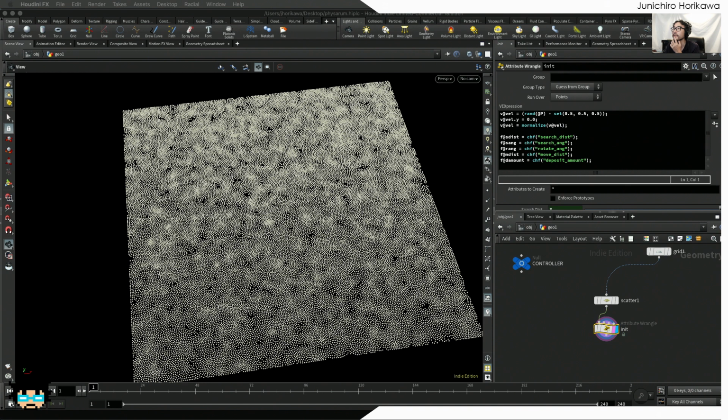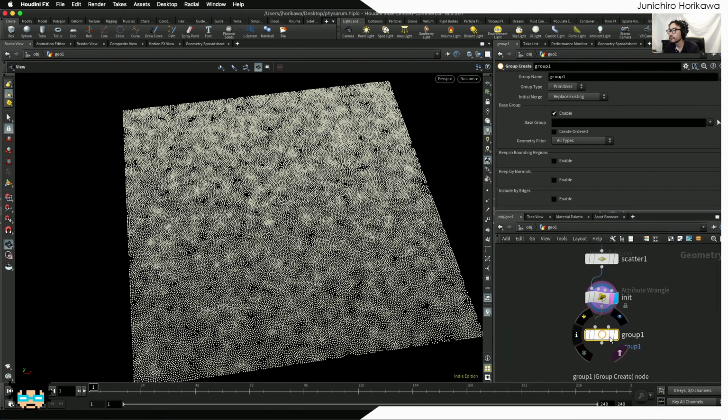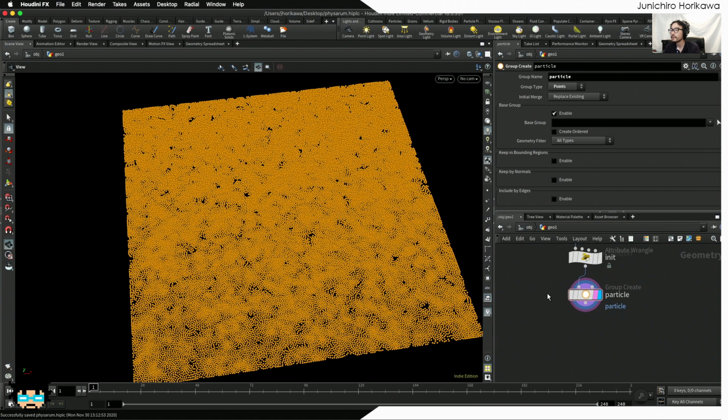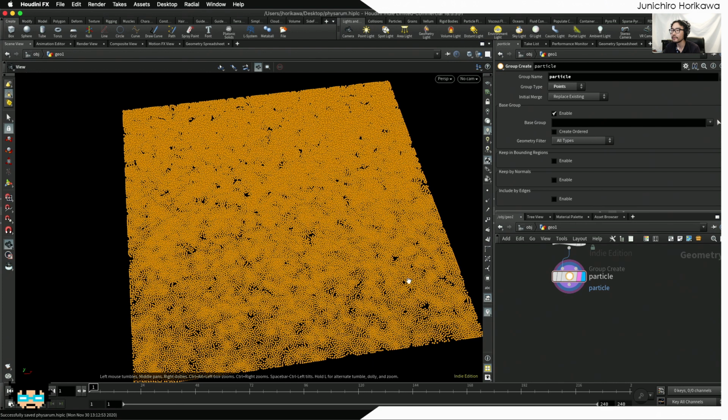Okay, and let's also apply some groups to this point. I'm just going to use a group node to set it as particle. So group name particle for the point. Okay, so the points become particles. Now I'm also going to count the number of points currently inside a node,